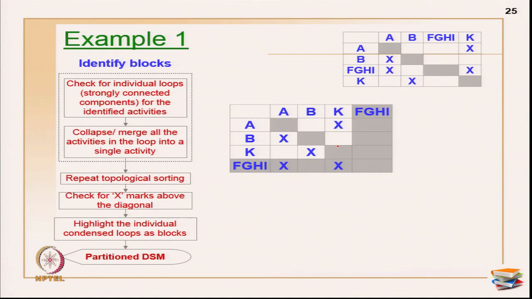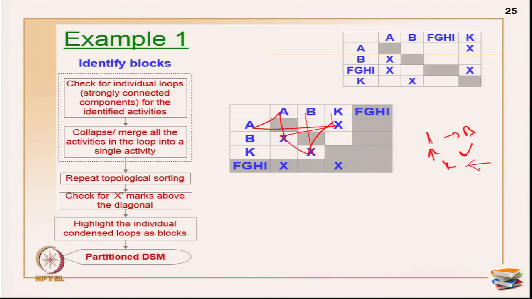So, obviously, you know that there is a block in the A, B, K. Again, if you are really experienced with the DSM, you will understand. There is a cycle of length 3 here, because I have this pattern: K gives information to B, A gives information to B, B gives information to K. So, primarily A to B to K, which when you raise the matrix to power 3, you will get 1 1 1 along the diagonal. You can cross check that later.